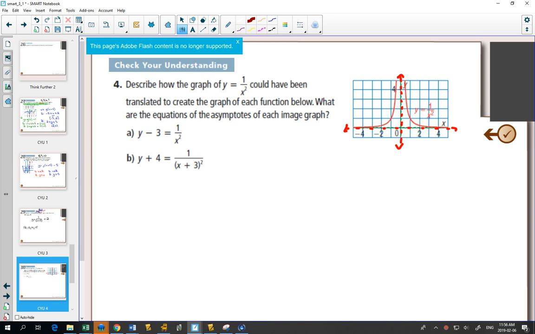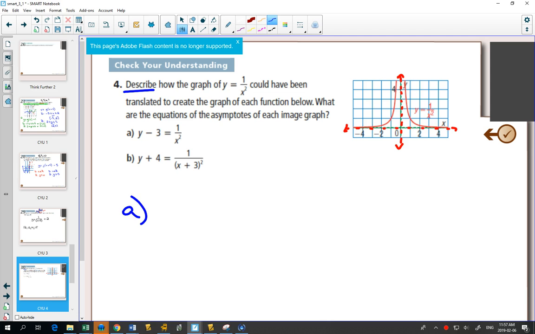And in this one, they use the word describe. The grade 12 course wants you to use words. It wants you to use English to talk about things. They have some questions where you're only allowed to use words on the exam. You can't show much math. Just have to describe things clearly in words. So describe how the graph of y equals 1 over x squared could have been translated to get each graph